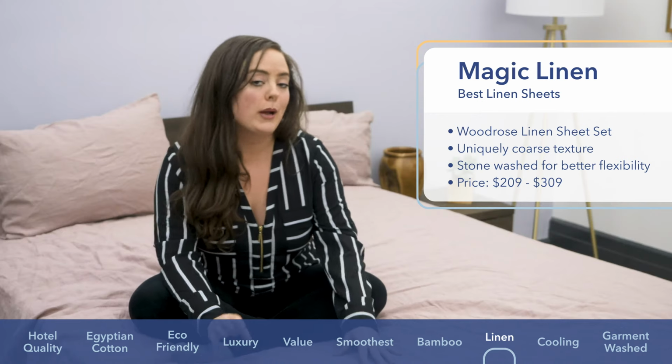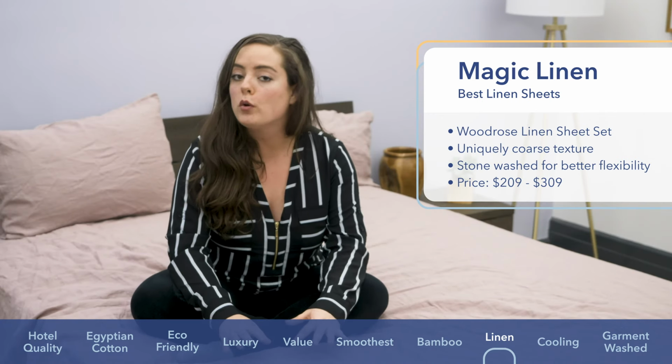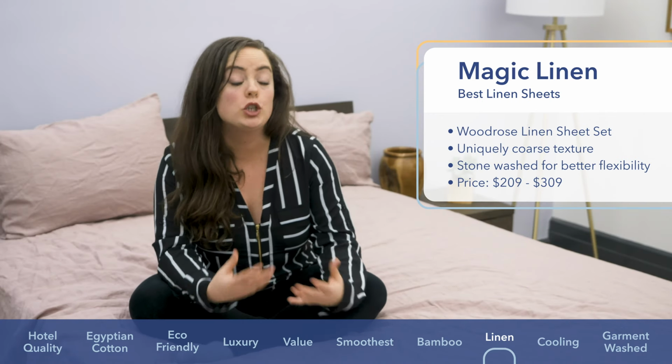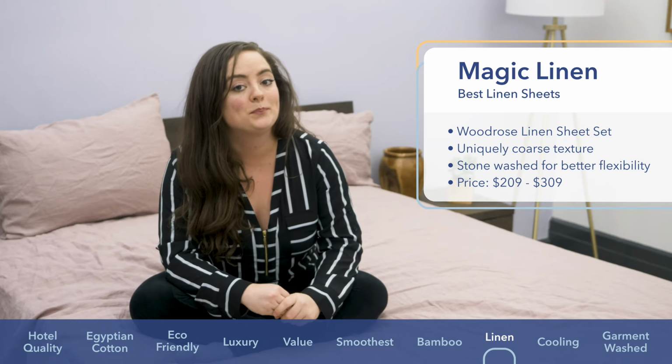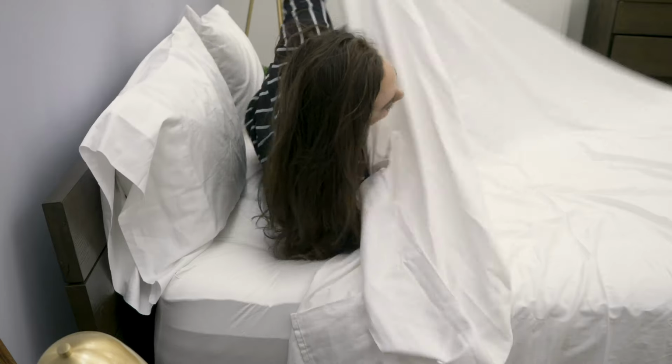And price ranges from about $209 to $309 depending on the size set that you get, but it's worth noting that Magic Linen does give sleepers the option to mix and match or buy individual pieces of bedding separately. All right, next up is a sheet set that's particularly near and dear to my heart because it's on my bed at home right now,